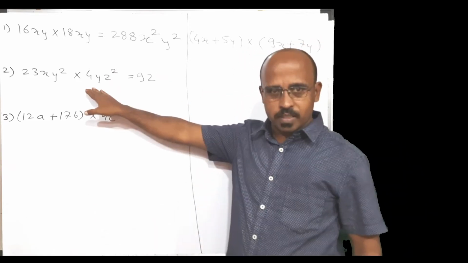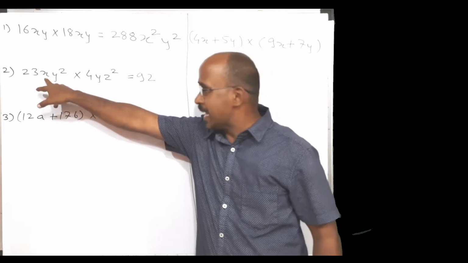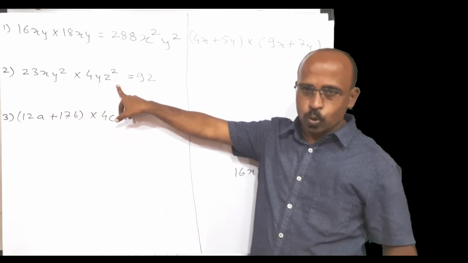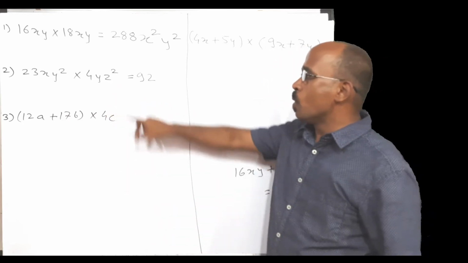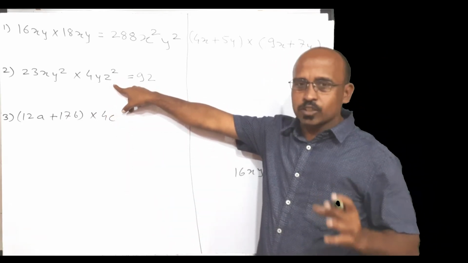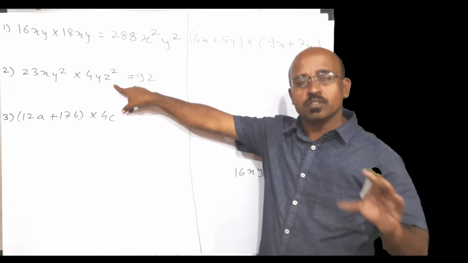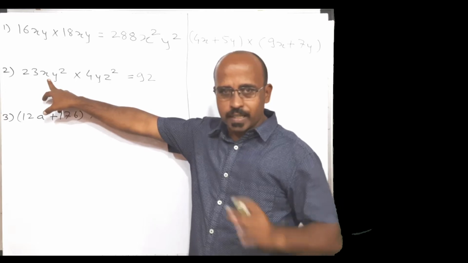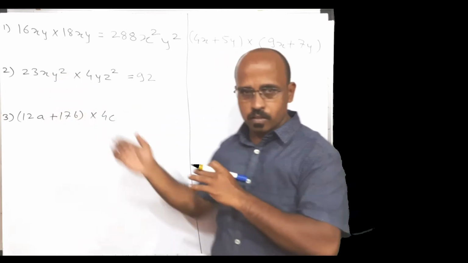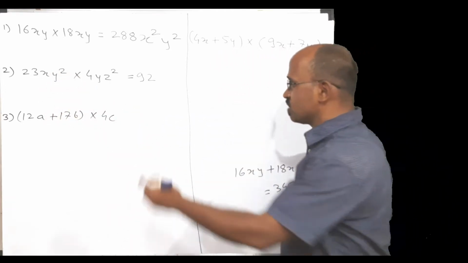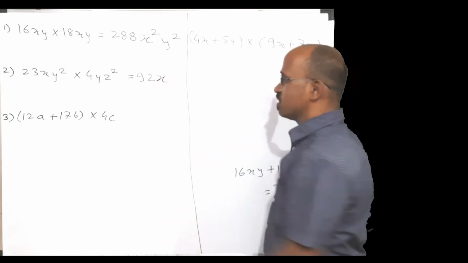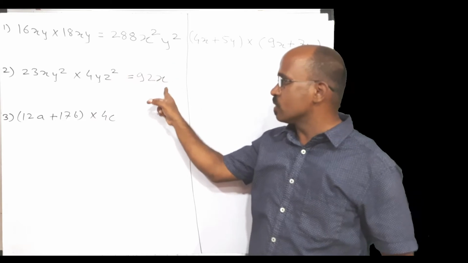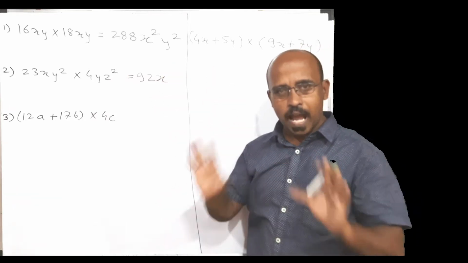Now deal with variables and indices. First variable x. Is there an x in the second term? No. So what will be the index of x in the second term? Automatically it will be 0. Or what do we have to do in such cases? If there is no similar variable available in the second term, just write the variable as it is with its degree. So x is in the first term, it's not in the second term, so write x with its degree 1 as it is.